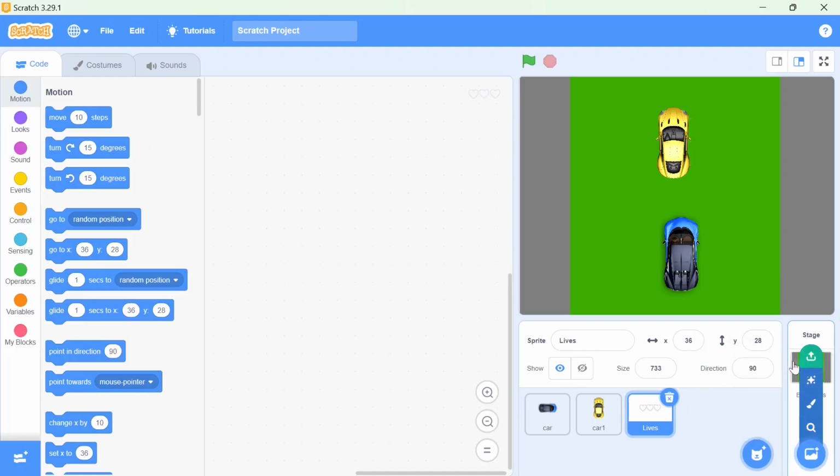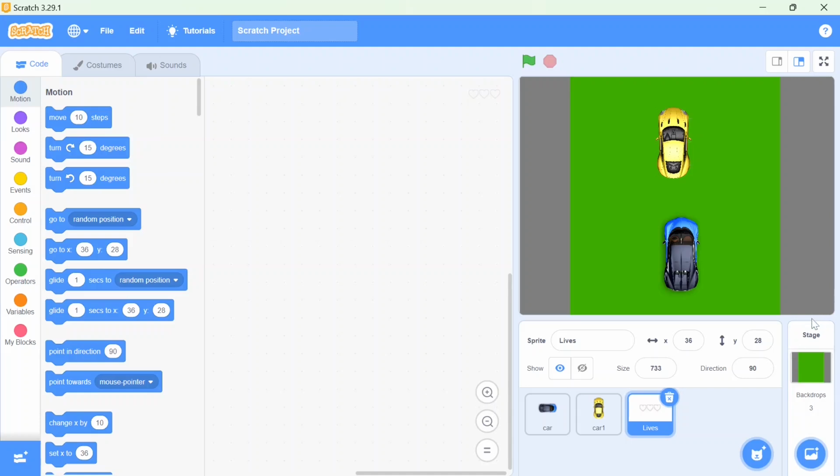Here I have the 3 backgrounds and on the basis of that I will set when the background is going to change. The condition is, if our score reaches 50, then the you did it backdrop should be shown, and if all 3 of your lives are gone, automatically your backdrop should become the game over one.